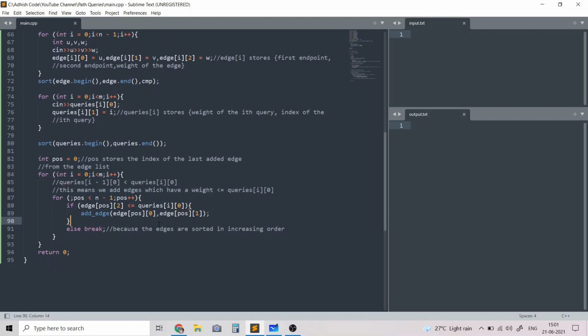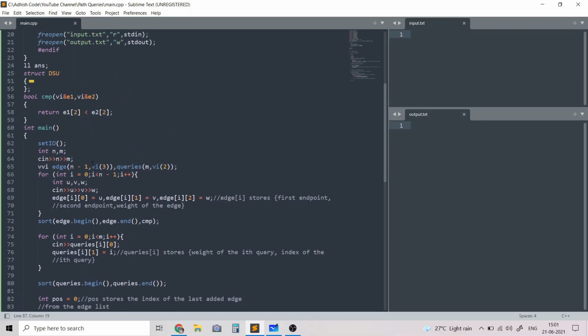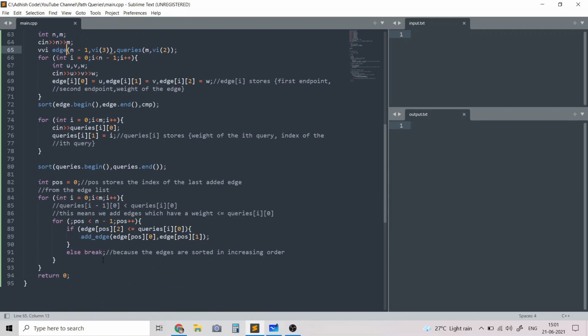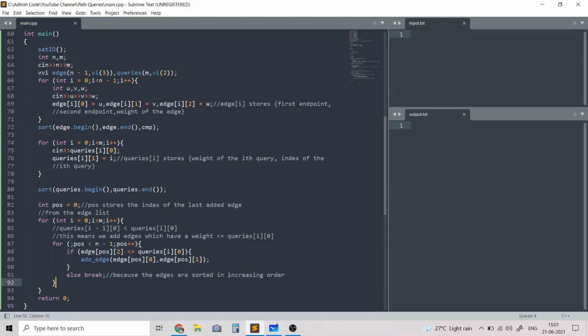So that's why we need to break immediately, and we need to keep track of pause less than n minus 1 because it could be the case that all the edges come inside our graph, and in that case we don't want pause to go outside the size of the edge list. So that's how we implement the part in which we are adding the edges.